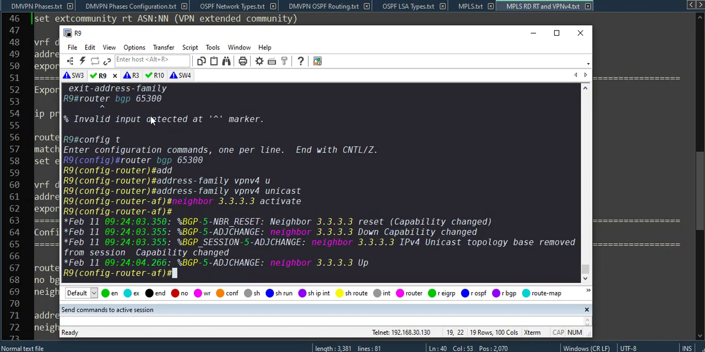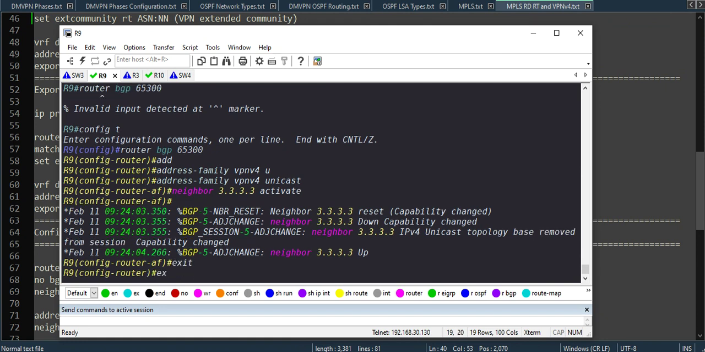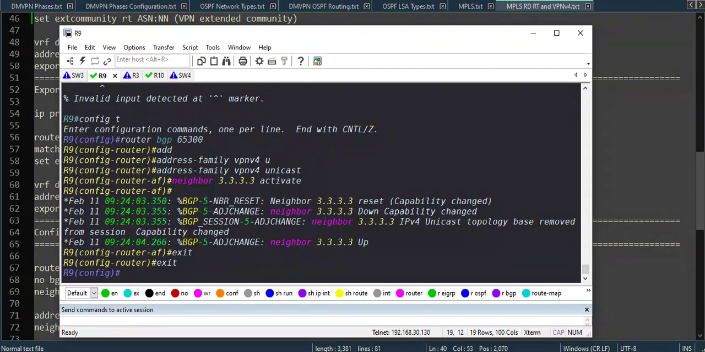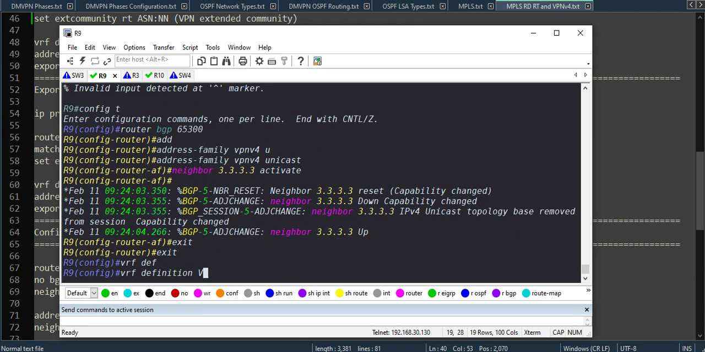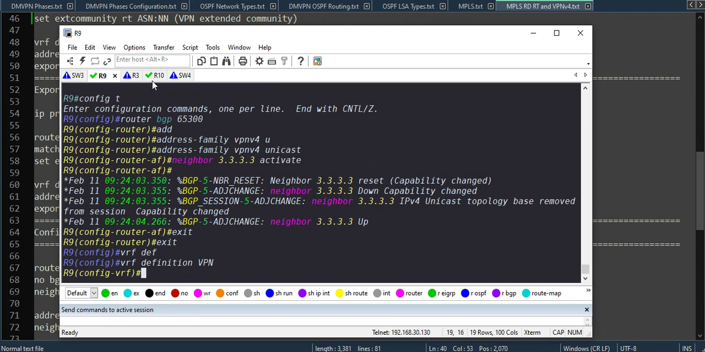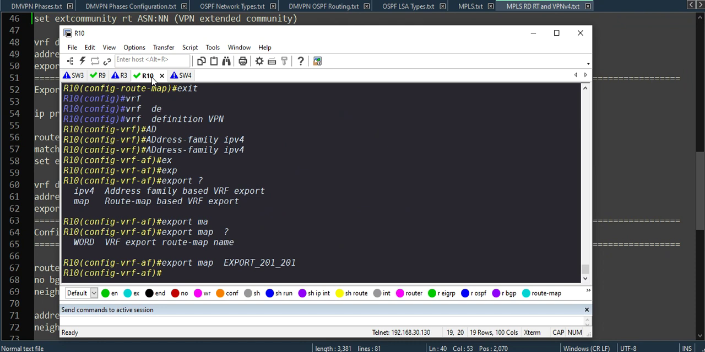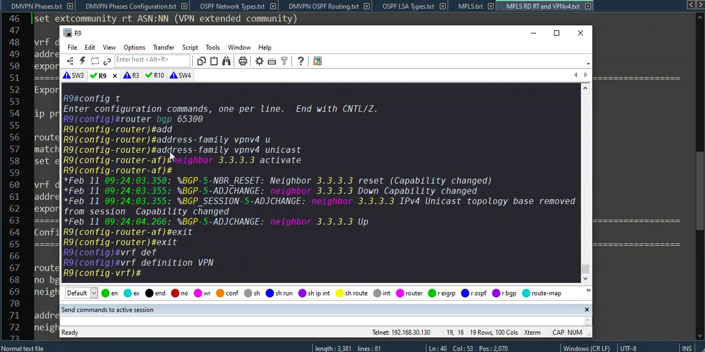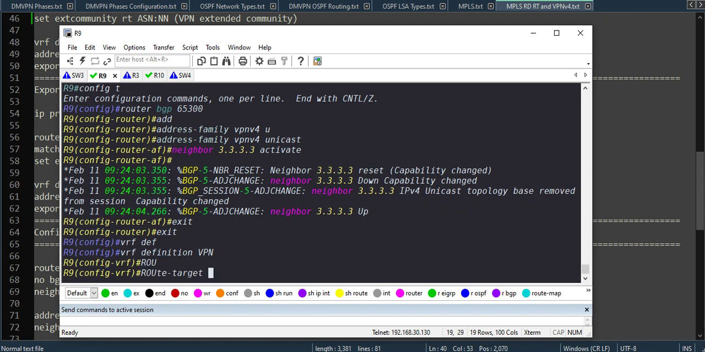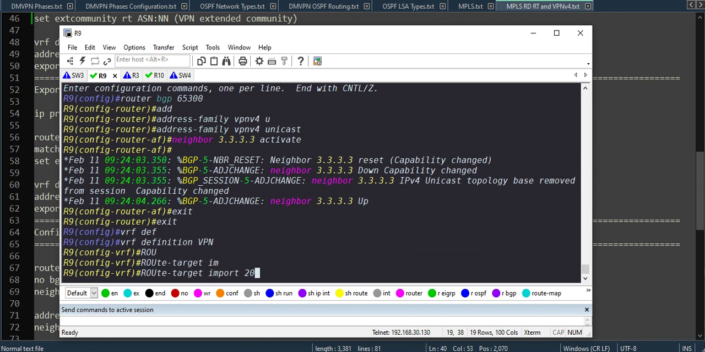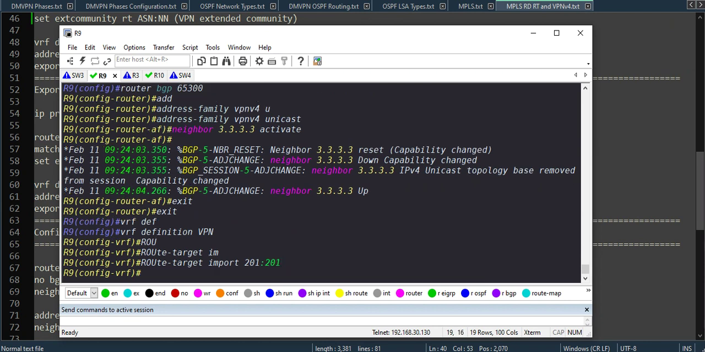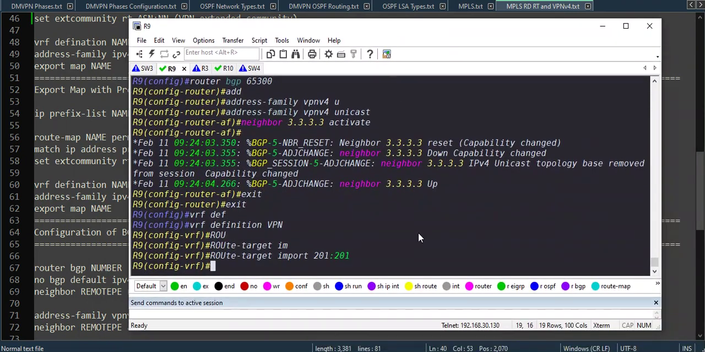And on R9 I have to import. On the VRF definition VPN, under this I have route-target import 201 and 201. Okay,